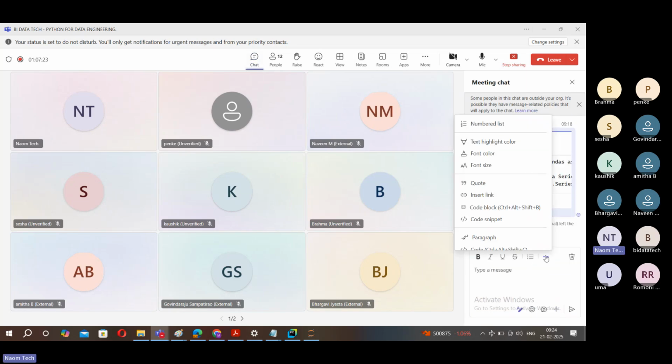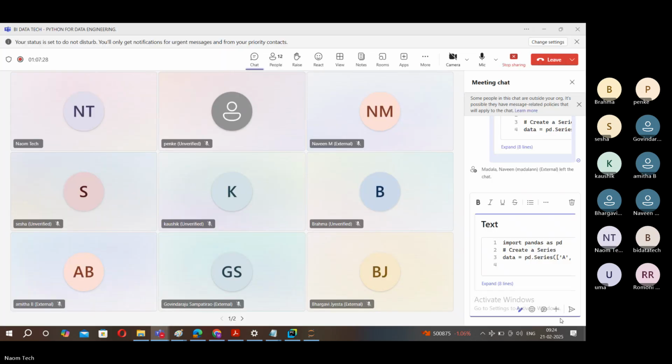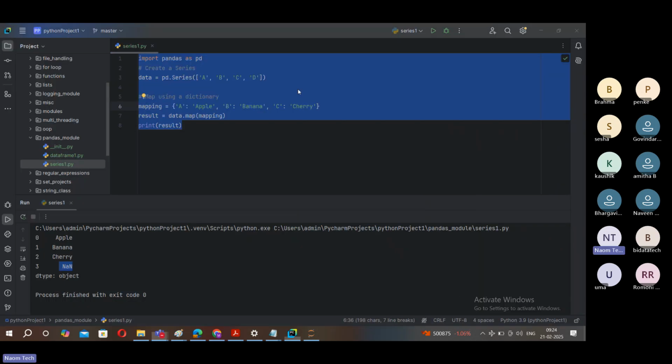So in a way, we are filtering data by using that map here. Next, after that,